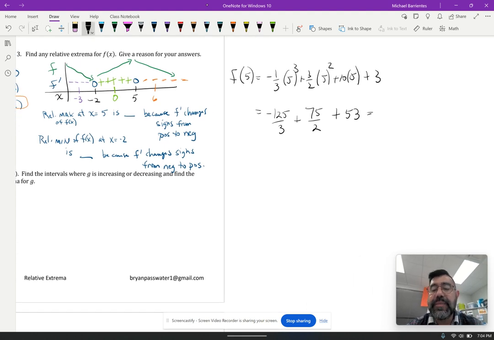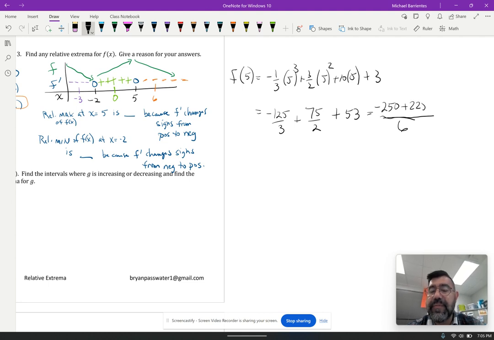Common denominator would be 6. So if this already has a 3, I need to multiply this by 2. But if I do it on the bottom, I got to do it on top. So that's negative 250 plus the second fraction. I need a 6. It already has a 2, so I need to multiply this by 3, which means I need to multiply the top by 3. If I do that, I believe that's